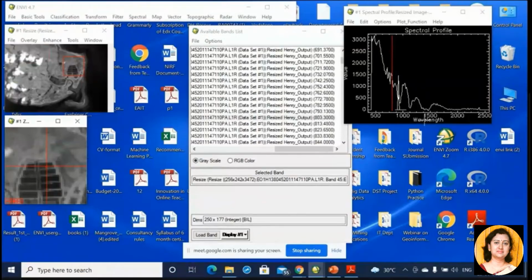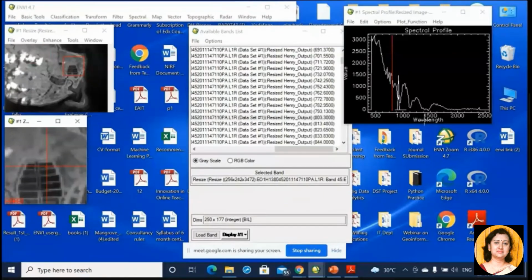And why we need to do atmospheric correction, I just now explained: why the error in the intensity values occurs. It is due to the atmosphere in between. And when the radiation finally reaches the sensor, the radiation values get altered. So you need to correct the erroneous values or the altered data. So for that, you need to perform atmospheric correction.